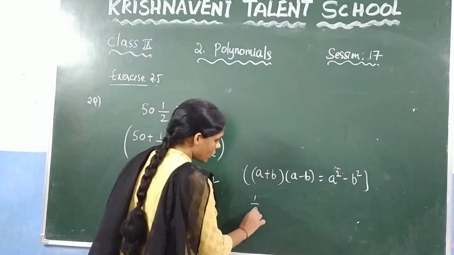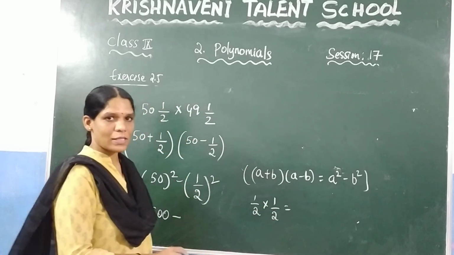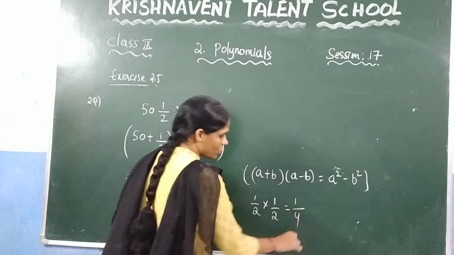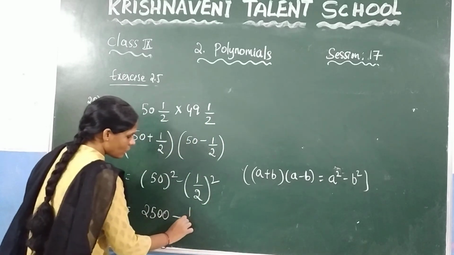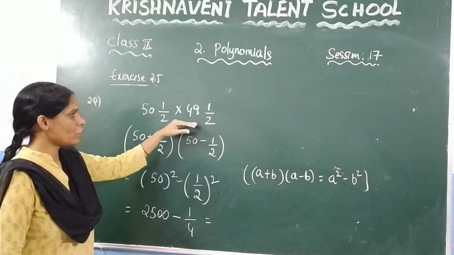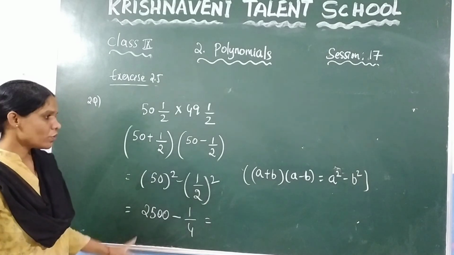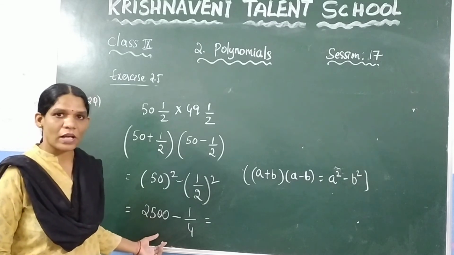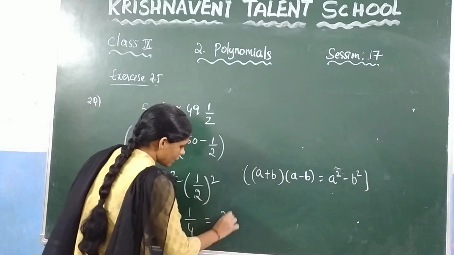How do you multiply? 1 by 2 into 1 by 2 means you just multiply the numerators and multiply the denominators. What is the value of 1 into 1? 1. What is the value of 2 into 2? 4. So here, 1 by 2 whole square is nothing but 1 by 4. Now, since the question is given in the form of a mixed fraction, you need to write this in the form of a mixed fraction. Here, you can solve this by taking the LCM of these two values, but it will take a lot of process. This one, you can directly write as